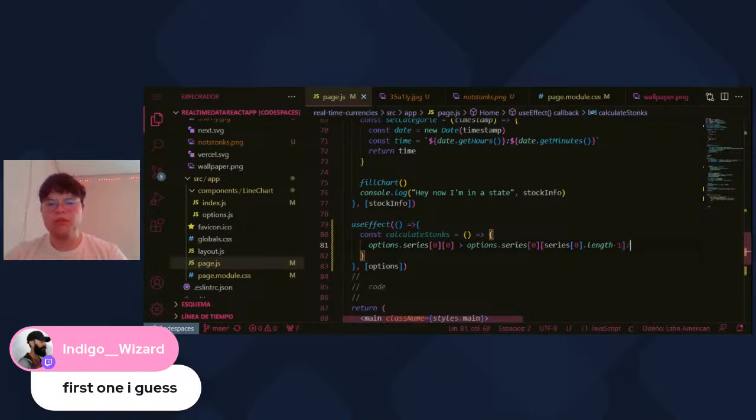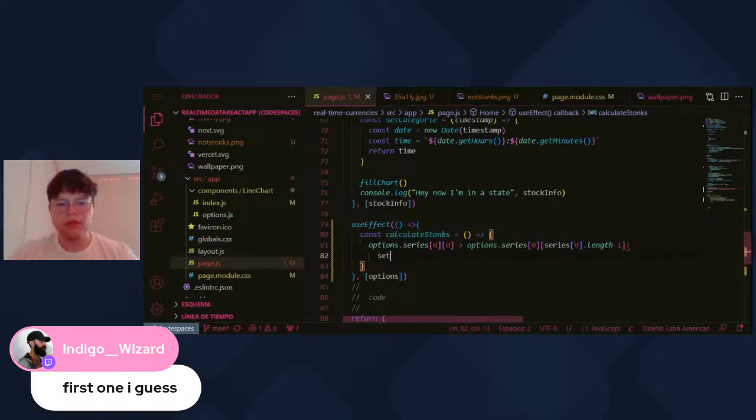And should set the stonks. Should set stonks. Now we should set stonks to the other one. All right, so we're comparing the first element of the series with the